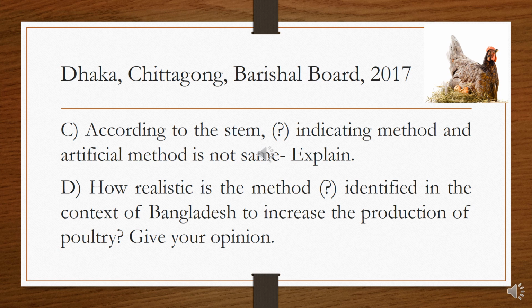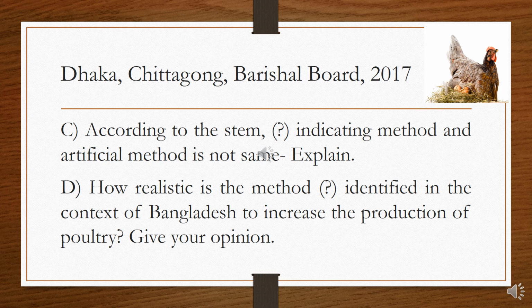For natural method, all eggs may not be hatched, and for artificial method, all eggs will be hatched. For natural method, sometimes the mother bird can break the eggs, and for artificial method, there is no possibility of breaking of eggs. The problem occurs if electricity is absent. For natural method, temperature and relative humidity are not controlled by the human being. And for artificial method, temperature and relative humidity are controlled by the human being.